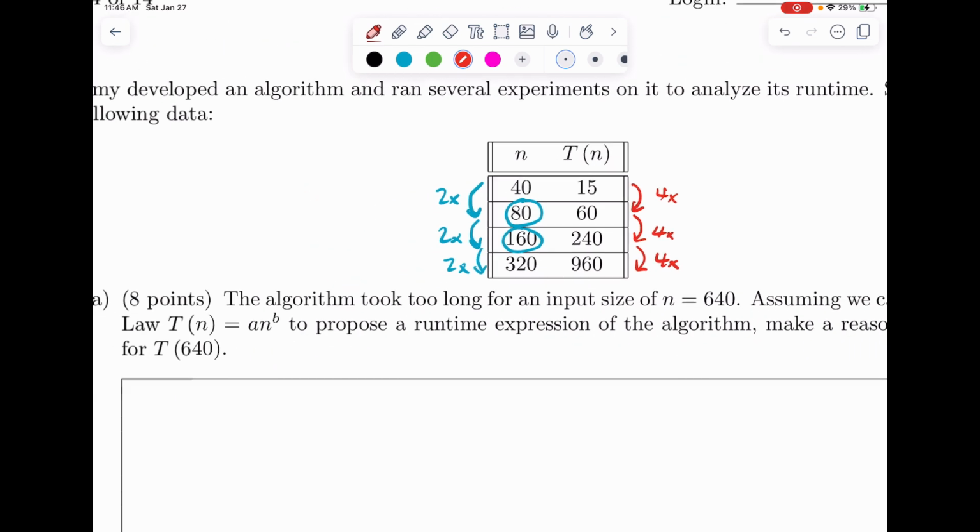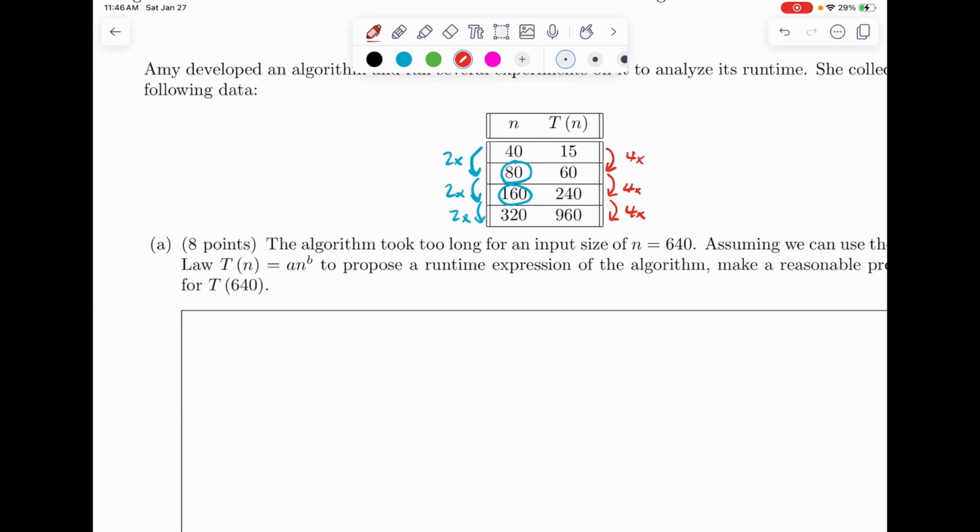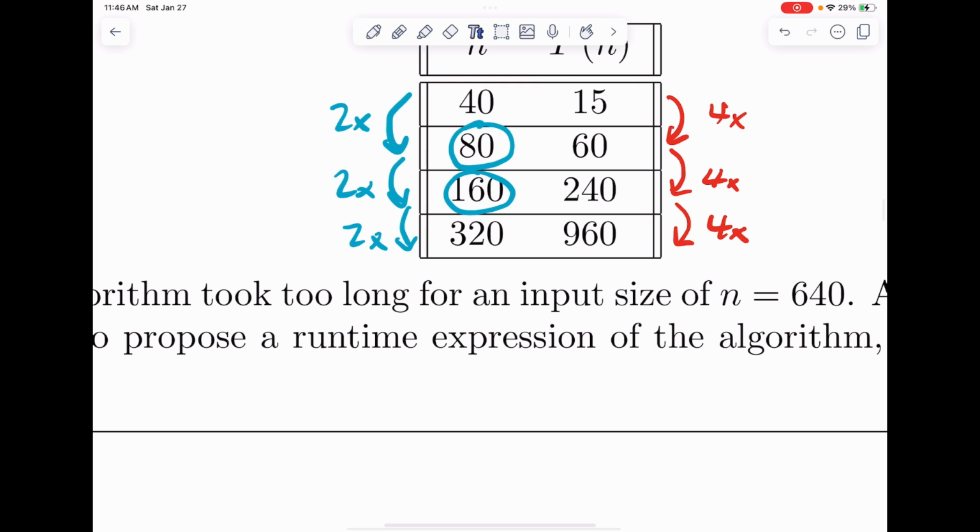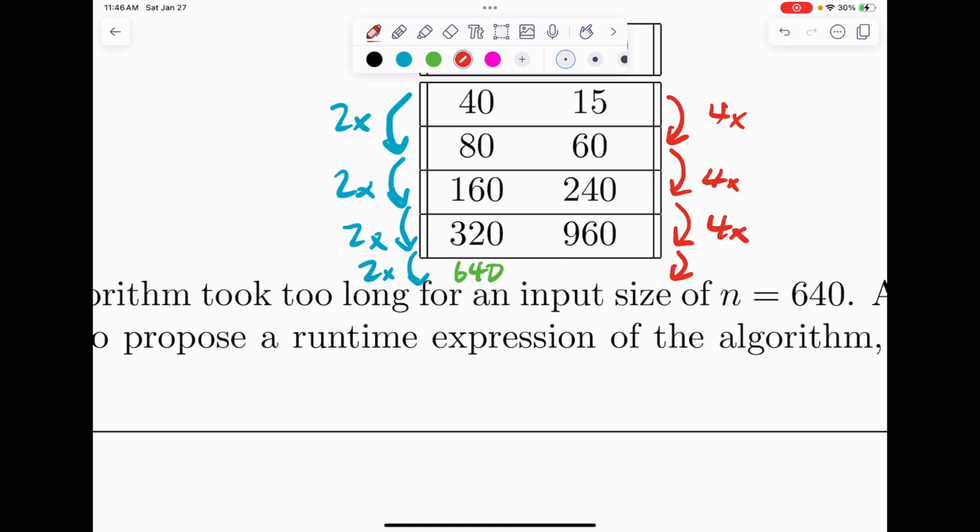So knowing all of this, we are asked to find t(640). If we imagine having an input size at the very end of 640 here, it looks like it's going to double in size again. 320 times 2 is 640. And then using that, we can make a prediction on the other side for how much this is going to grow. Since we made one more step off of the last step there,